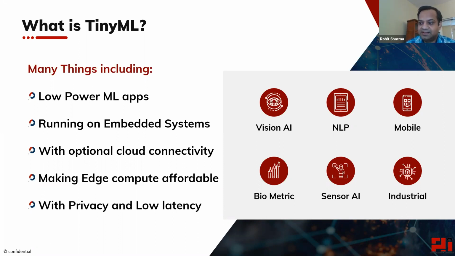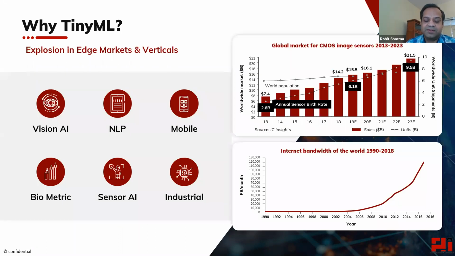And these edge devices, these tiny devices, are anywhere within the $10 to $60-70 range. So very affordable per device. If you want to create something for yourself, your family, or your university, it should not take more than a few $1,000s at scale. And if you want to scale it for the rest of the world, start a company, then the cost comes down even further, right? And of course, very important for me is privacy and low latency. There are cases where you can't afford privacy violation, and we'll talk about some of those. So this is being explored in several edge markets and verticals.